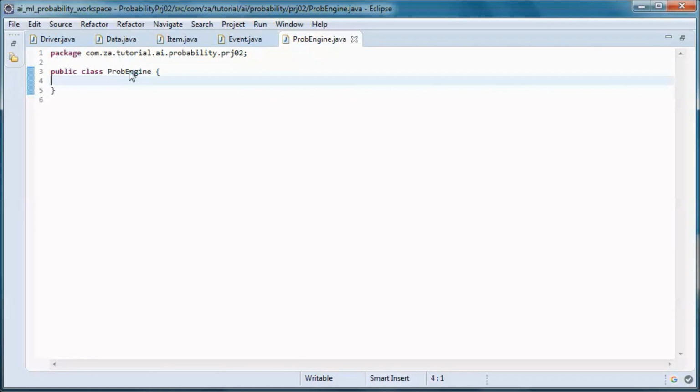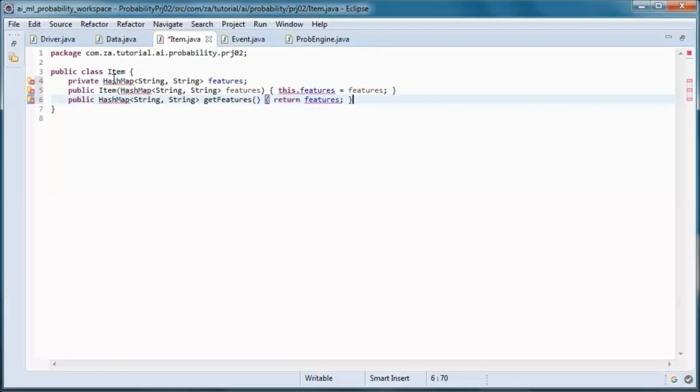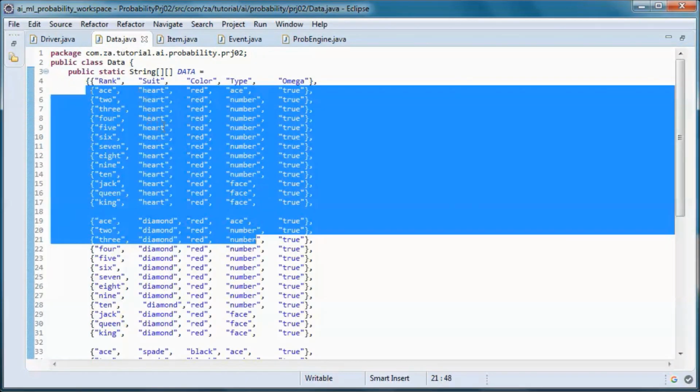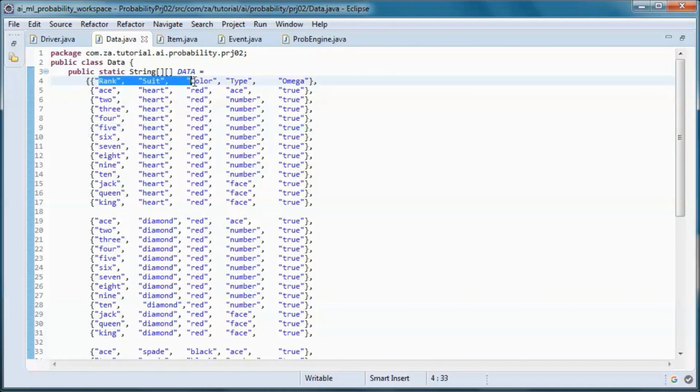And we will define the sample space omega here, and an item will have a hash map of features, and a get method for that, and this will be initialized in the constructor. And the features are the rank, the suit, the color, and the type.